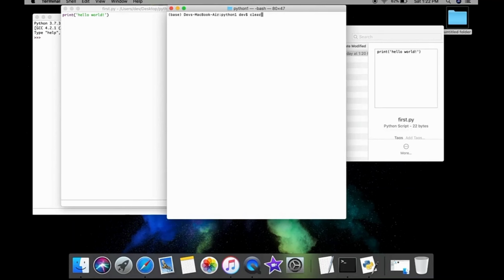You have to just write clear and enter. Everything will be clear from here. Now what I'm showing you, if I write Python here, a Python shell will be opened here. And if you notice in your Mac, before installing Python, you will find here Python 2 point something is written. In my Mac there is 3.7.3 that I have installed.